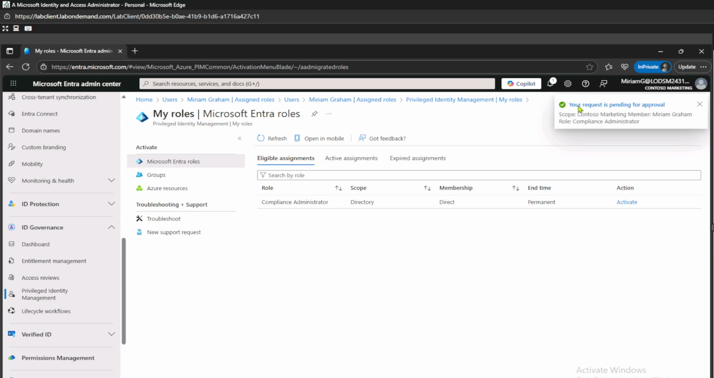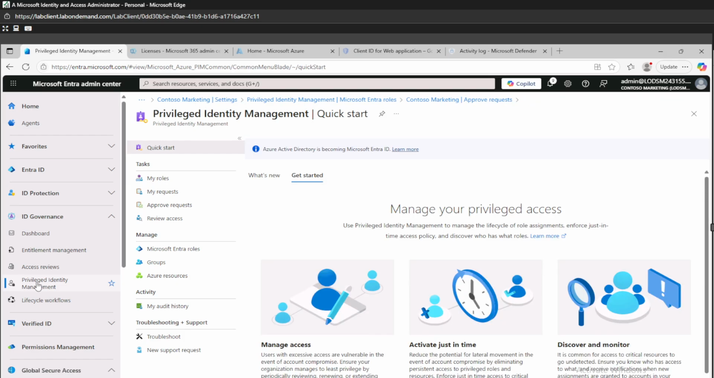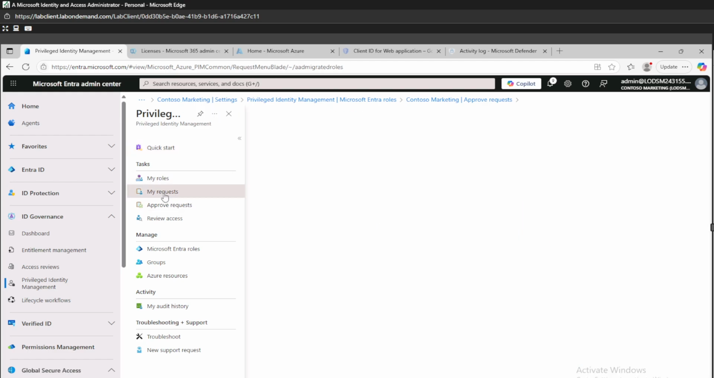Okay, so here we see that your request is pending for approval, it says. So since we were using the mod administrator as the approver, we should be able to see the request. So I opened the admin account, which was the approver, and let me just go back. So under ID governance, if we click on privileged identity management PIM, and from here if we go to my request,